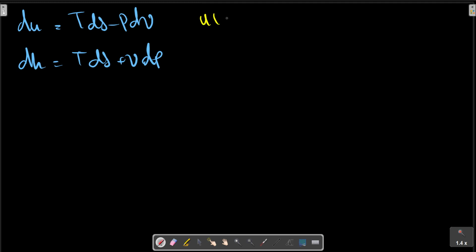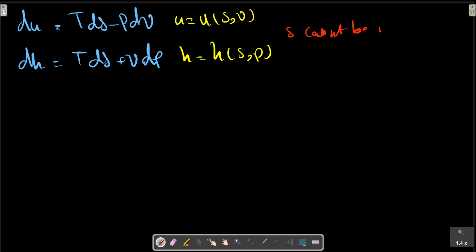U is a function of S and V, and H is a function of S and P. S cannot be measured, so to eliminate S,